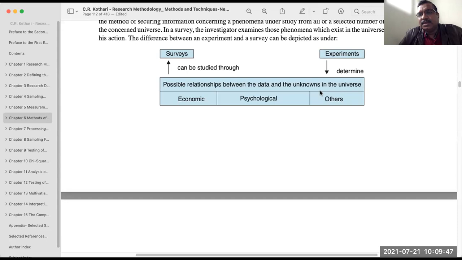We have to give concrete proof of the relationship, if there is any relationship between the dependent and independent variables, right? So through all these methods, survey or experiment, etc., you are going to collect the data.